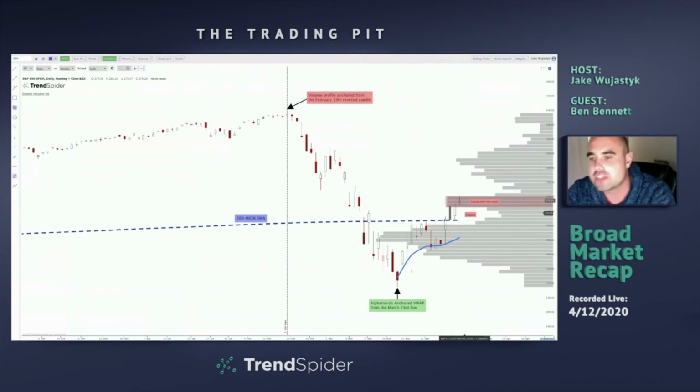And remember, these supply zones are simply telling us where there's shares distributed at different prices. So these big blocks of volume indicate supply levels if the price is below. Because if the price is below one of these areas, that means that somebody is holding at a loss because the price is lower than this big block of volume. So as the price starts to go into this area, people start to break even. People start to say, all right, well, maybe I'm not going to go all in SPY because I just had to deal with a 20% drawdown before I broke even. Those are your people that add to the supply.